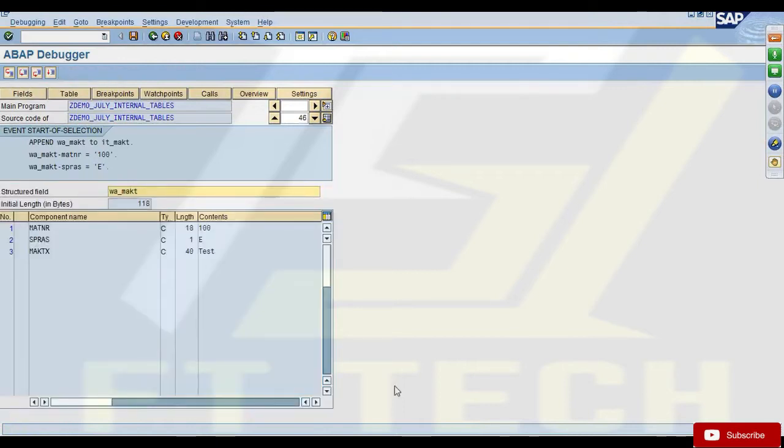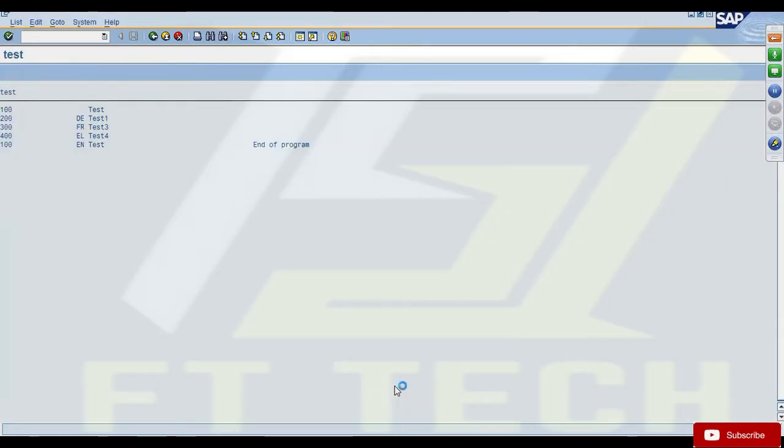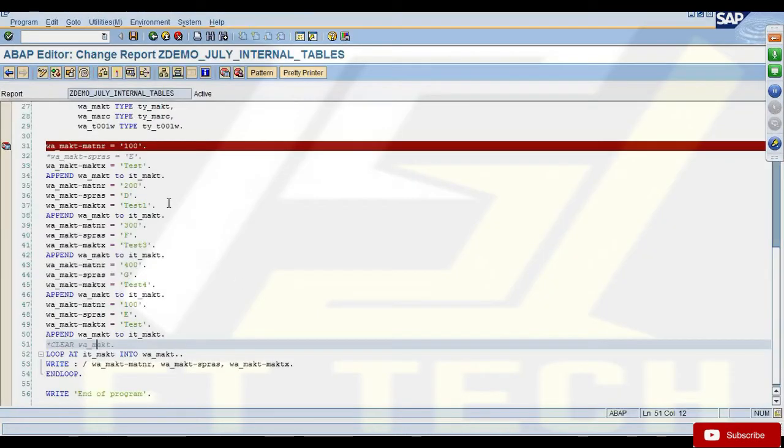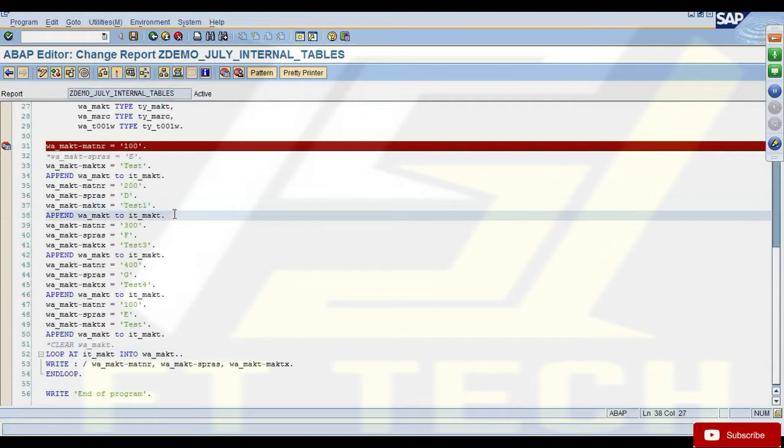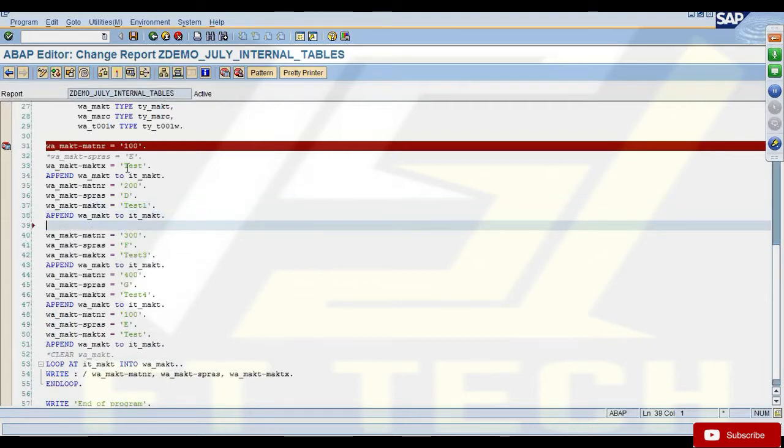Okay, it has overwritten with space, but ideally if your field is empty, then it won't replace. In this case it is filled with space, so space is replacing. But if it's not filled with space, then the work area would still have the previous entry. So you will have the previous entry going forward. That's why it's always a good practice to clear your work areas after you append. Even in this case, we should ideally be clearing the work area. After I append, I'll clear it so that if I don't fill anything, the previous value will not be carried forward.